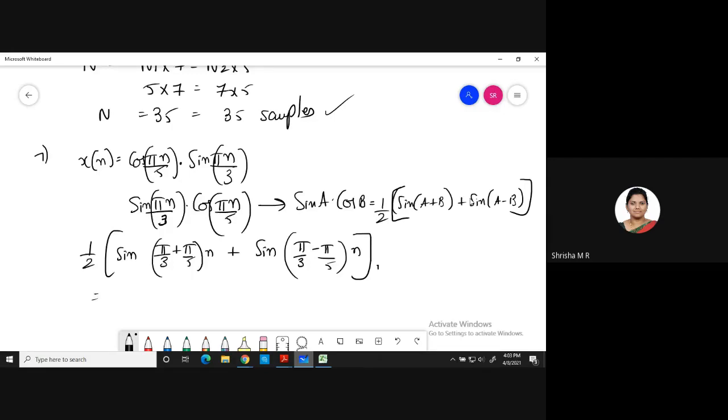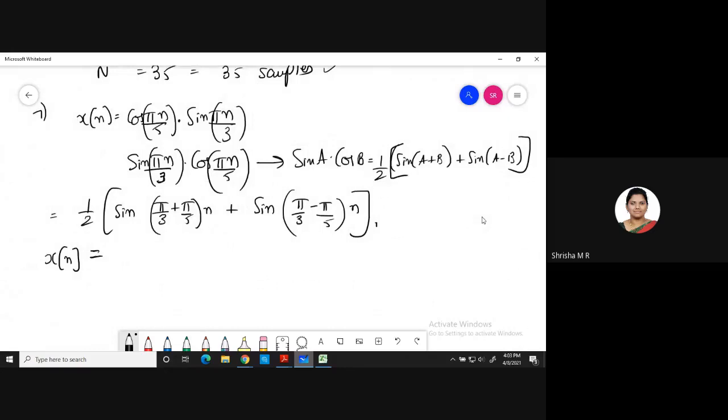What do you get for x of n? Take LCM here, you get 15. So pi by 3 into 15, you get 5 pi, plus 3 pi, so that will be 8 pi by 15. Half sine 8 pi by 15 n